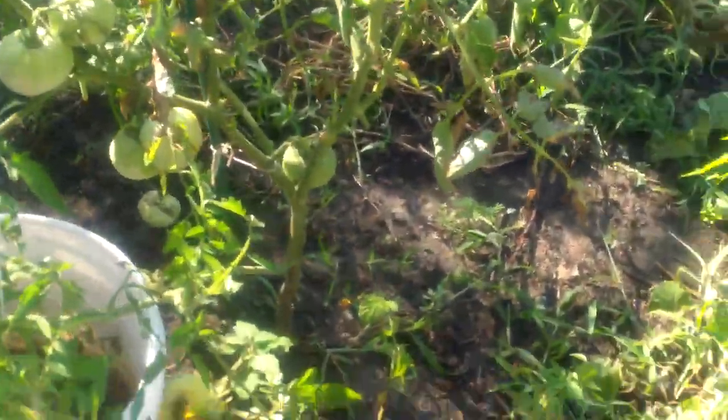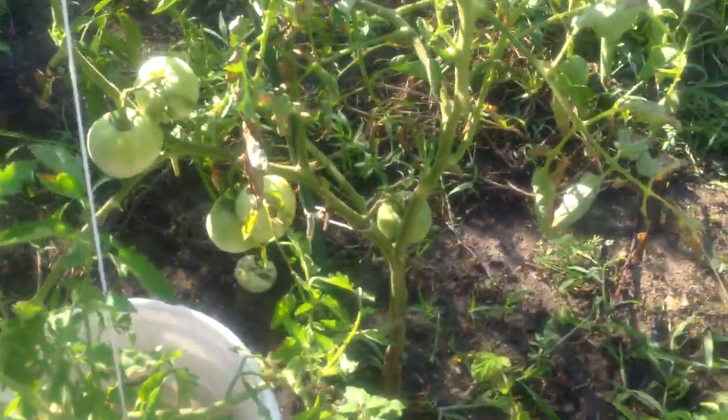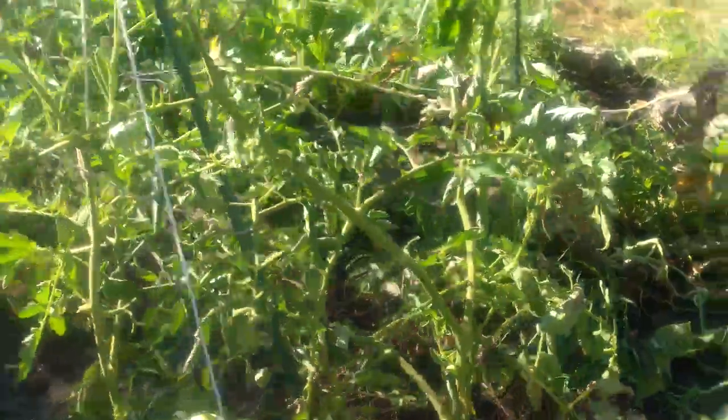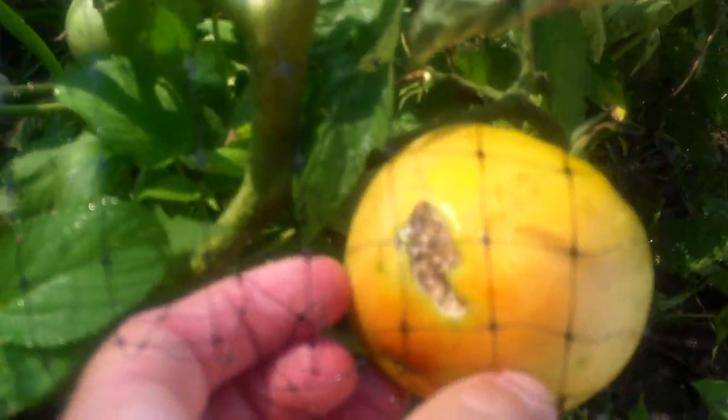More tomato plants. I had been keeping up with trimming off the bad branches, but kind of losing my zest these days. Not doing the work I should be. Habanero plant. More tomatoes. Lots of beefsteak. Started putting bird netting on, trying to protect them. Don't know if that'll work or not, but